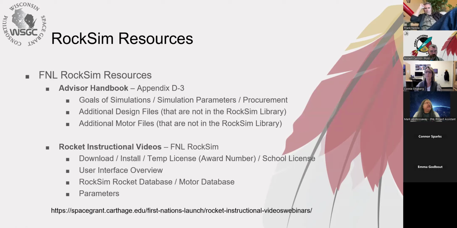All right, so we talked about some resources for you, especially if you're new to RockSim. Even if you're a veteran to RockSim, maybe go look at these resources and maybe you can catch some information that you never caught before, learn something new. So the first resource we're going to point you at is the